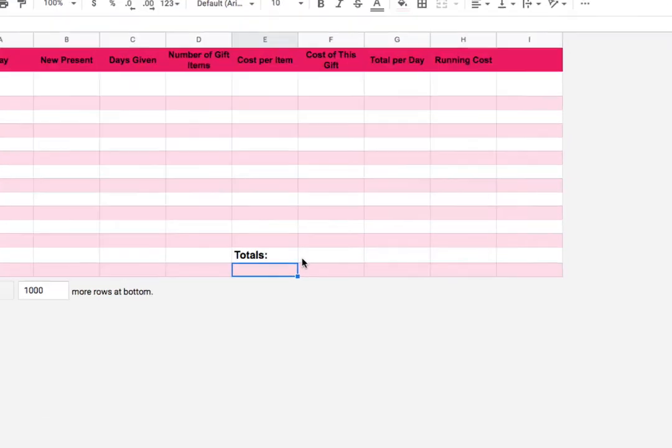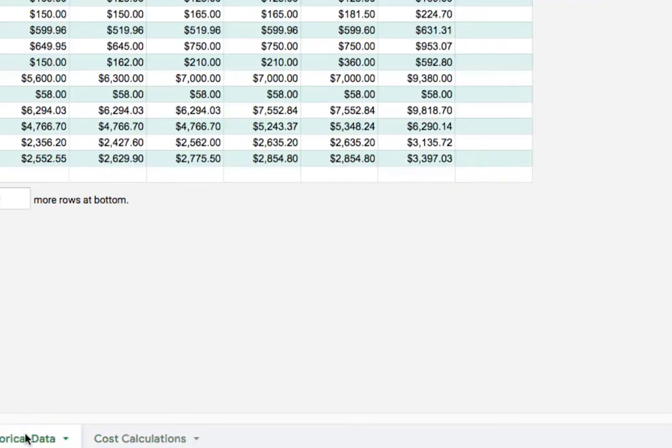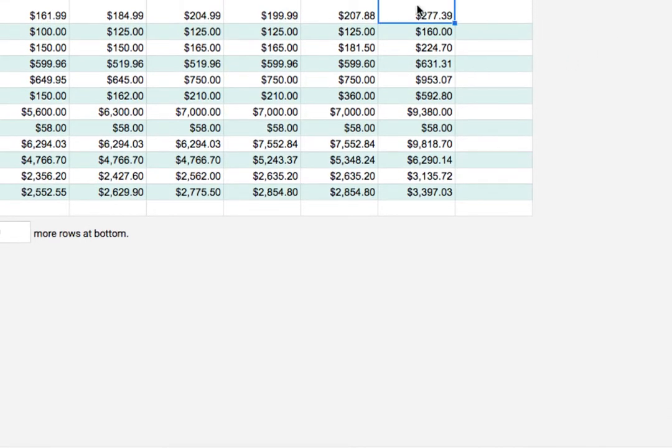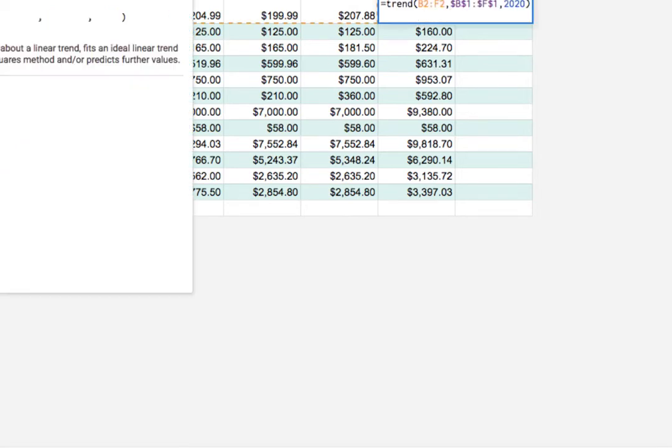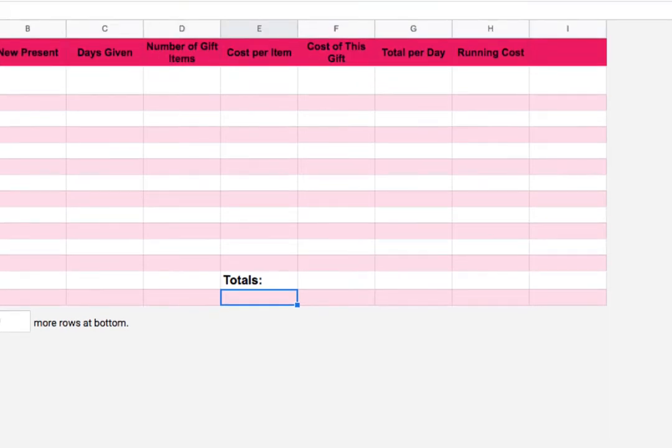Alrighty, let's take a gander at this second table, which I'm calling cost calculations. I've already entered in the historical data here, and I've already calculated the projected cost for 2020 using a trend formula. So let's go in and notice I have headings: